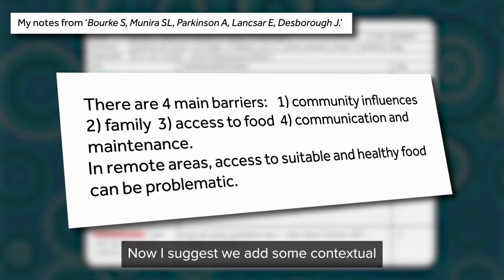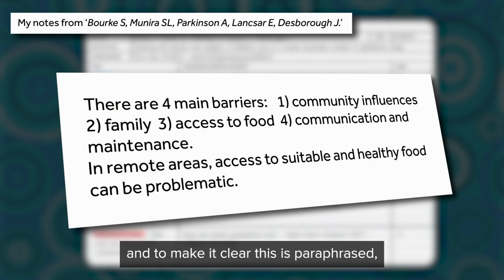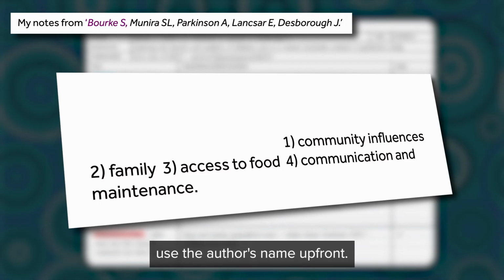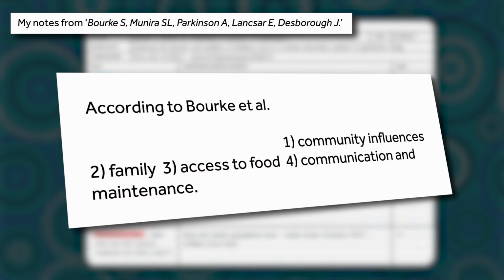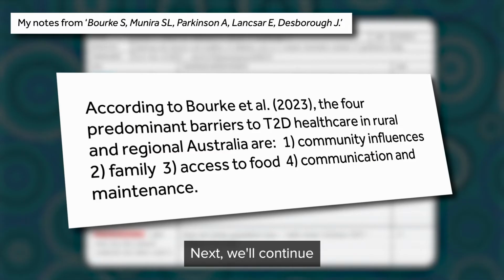Now, I suggest we add some contextual information at the beginning, and to make it clear this is paraphrased, we can sometimes use the author's name up front. According to Burke et al. 2023, the 4 predominant barriers to T2D healthcare in rural and regional Australia are: